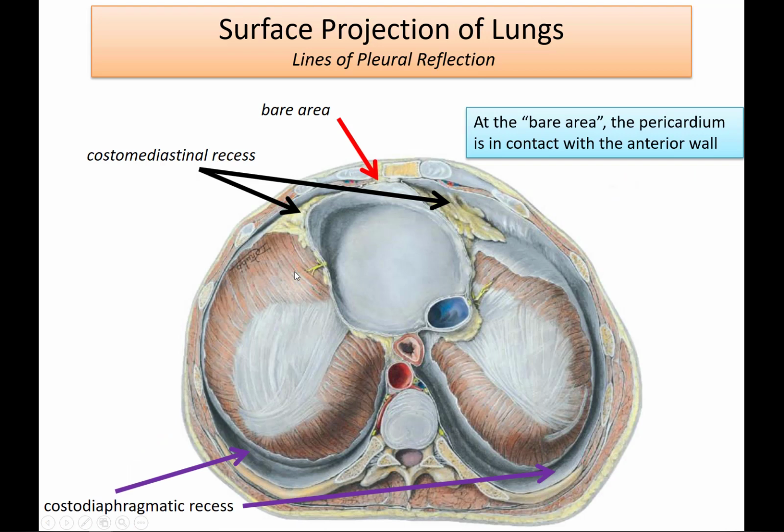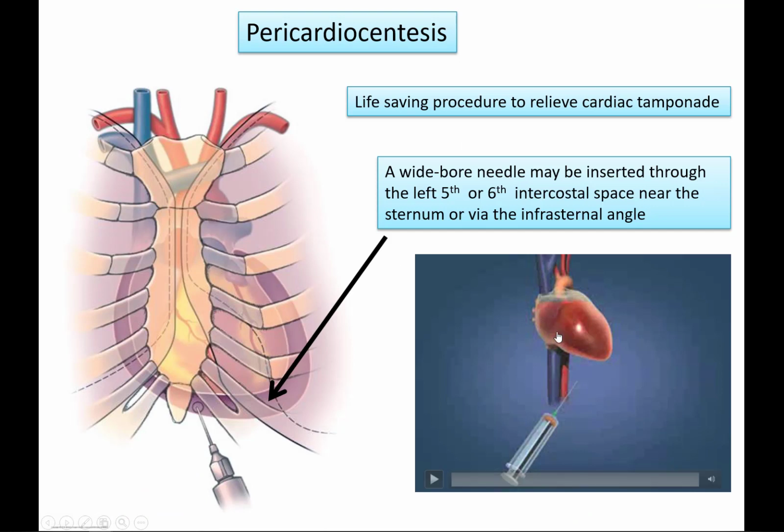If we look at this superior view now, at the bare area, the pericardium is going to be in contact with the anterior wall. See, here's the bare area, so you'd be able to access the pericardial sac directly without injuring the lungs at all. This dashed line outlining these right and left regions is the outline and the extent of the parietal pleura. So the recesses down here are the costodiaphragmatic recesses, and these recesses up here are the costomediastinal recesses. There's a procedure called pericardiocentesis, where if you have blood extravasating into the pericardium,